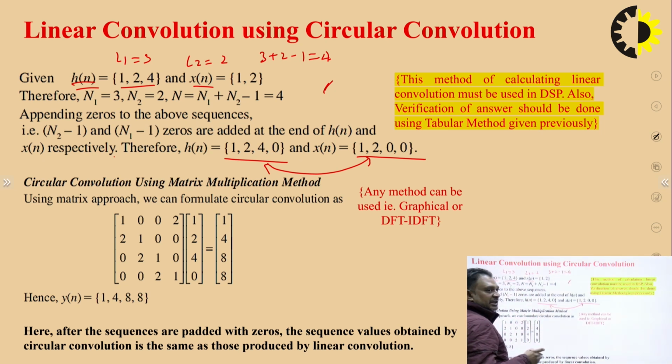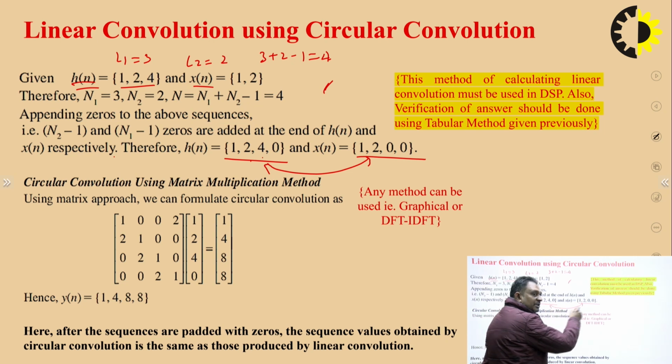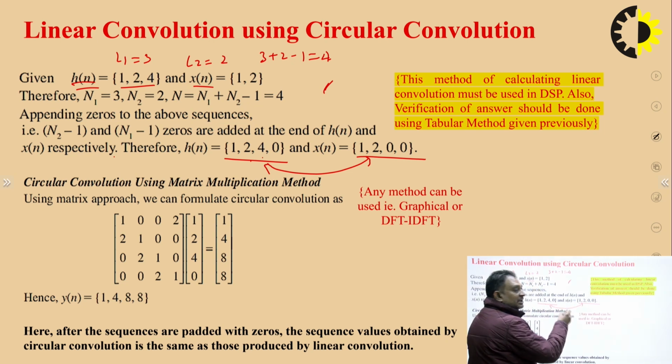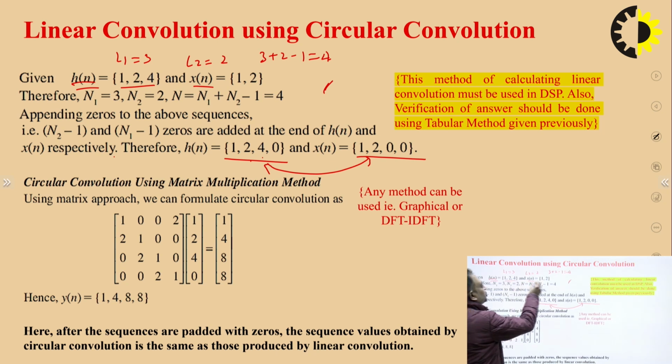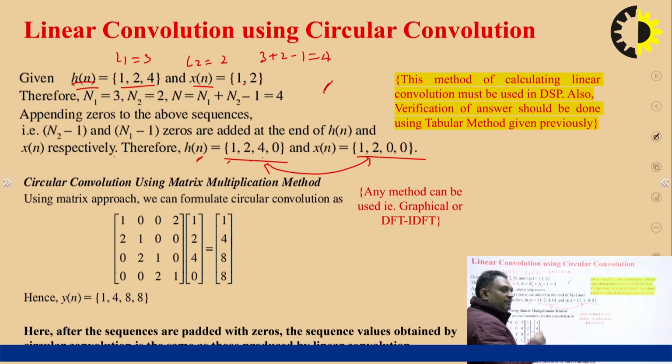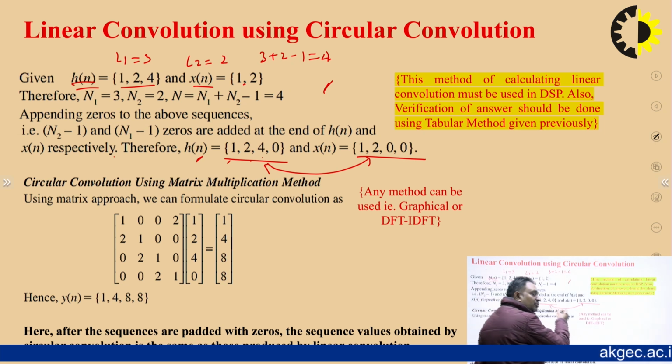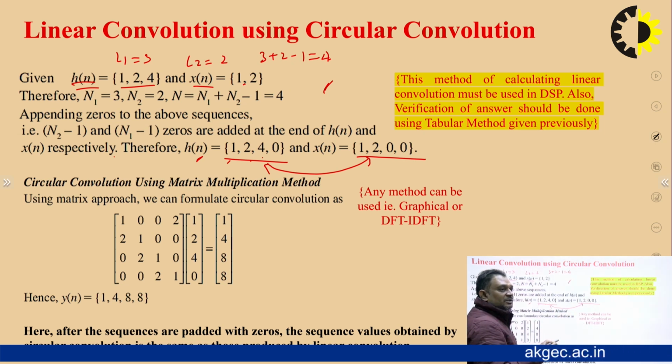And the important thing is that the circular convolution value that we obtain between these two sequences is nothing but the linear convolution of the two old sequences. So I am saying that this is the new sequence and this is the old sequence. We perform circular convolution between the new sequences, but that gives us the value of the linear convolution of the old sequences. Okay, I just want to tell you the method, so that's why I am presenting it here